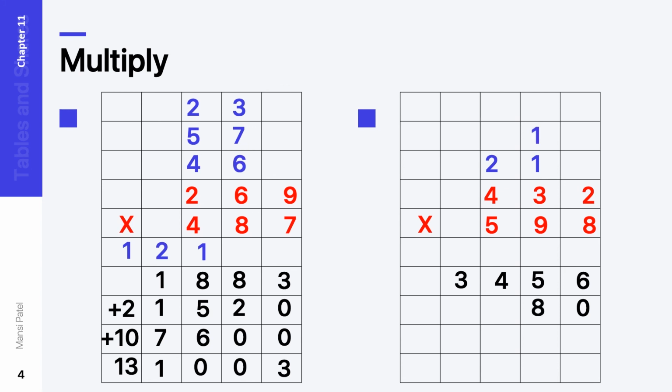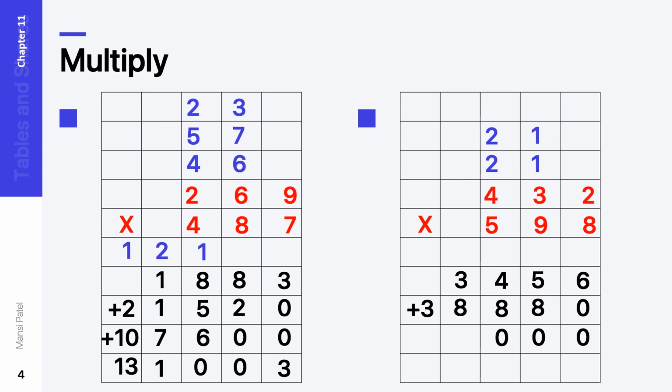9 2s are 18, 1 on the carry. 9 3s are 27, 27 plus 1, 28. 8 we have to write down here and 2 on the carry. Then after 9 4s are 36, 36 plus 2, that is the 38. Now we have to start the multiplication by 5. But 5 in the place of hundreds, and in hundreds 2 zeros are there. That's why we have to put first 2 0 and then after start the multiplication.